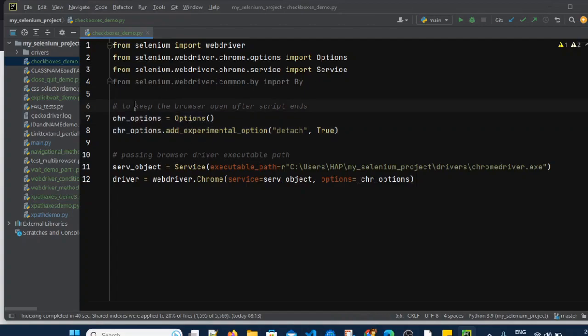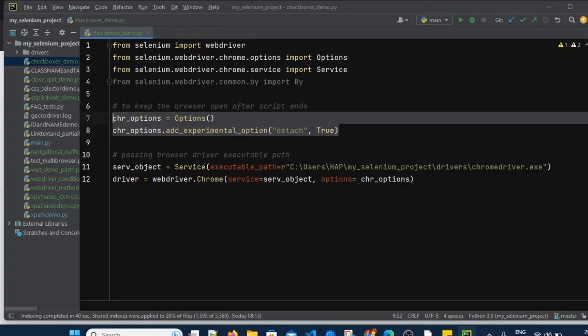It is basically to keep the browser open after the script ends. If you don't pass these Chrome options with these values, our browser will get terminated as soon as the script gets executed. But we want to see the result, that's why I am keeping it open.